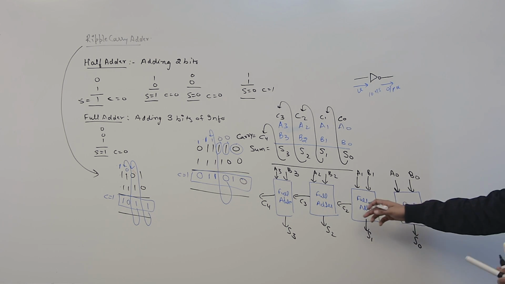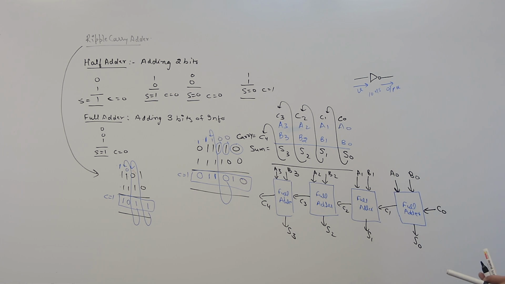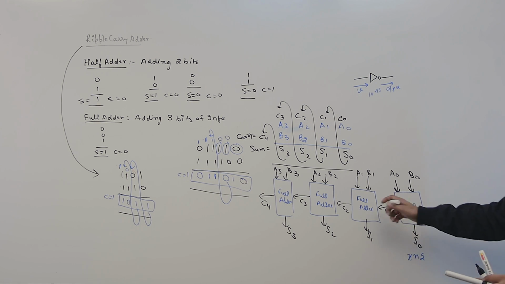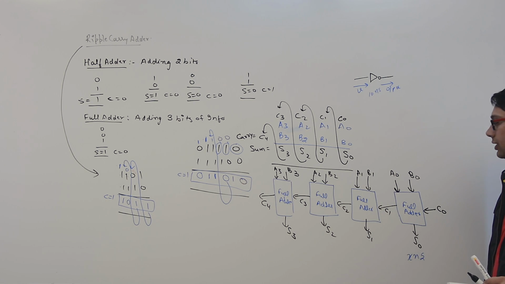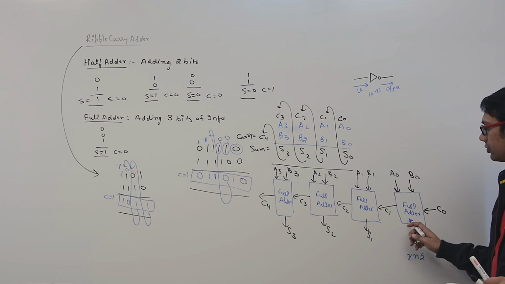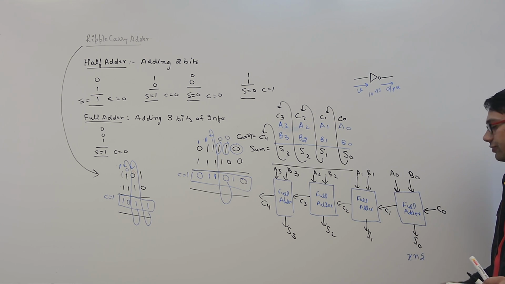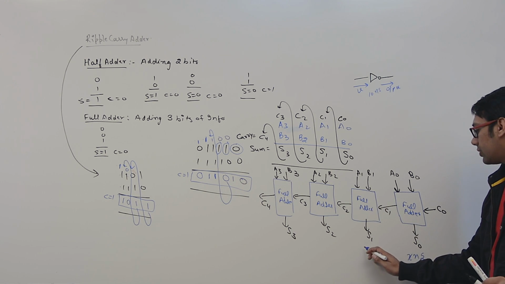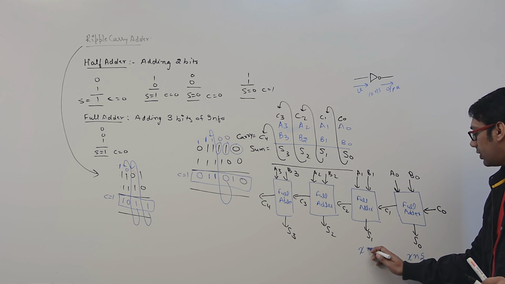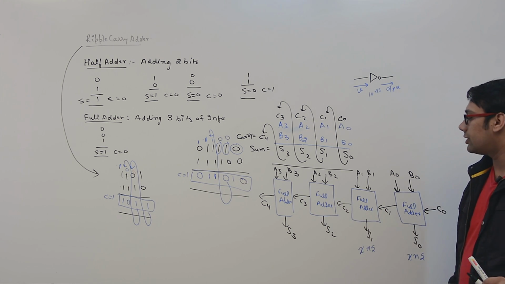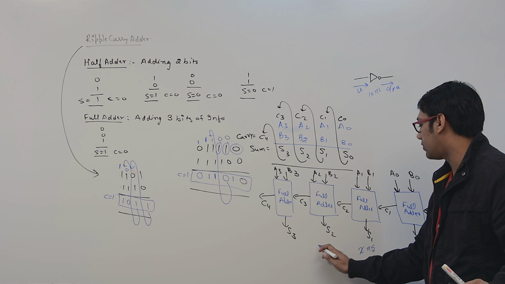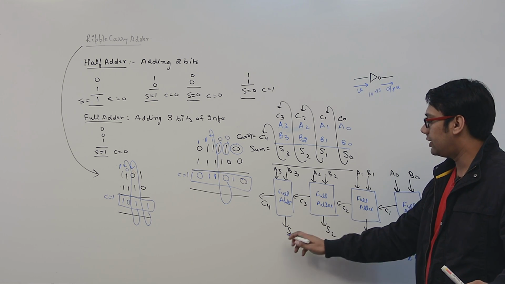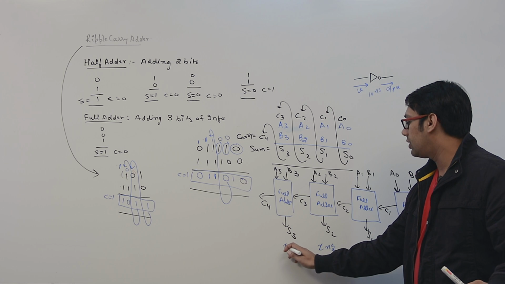In the same way, for example, if we have this full adder and I know what is the delay produced by one full adder. Assume the first full adder is producing X nanoseconds as delay. Then every full adder is assumed to produce X nanoseconds as delay. Then the first full adder is going to give the carry to the second full adder after a delay of X nanoseconds. The second full adder is going to give the carry to the third full adder after a delay of X nanoseconds. The third full adder is going to give a carry to the fourth full adder after a delay of X nanoseconds.